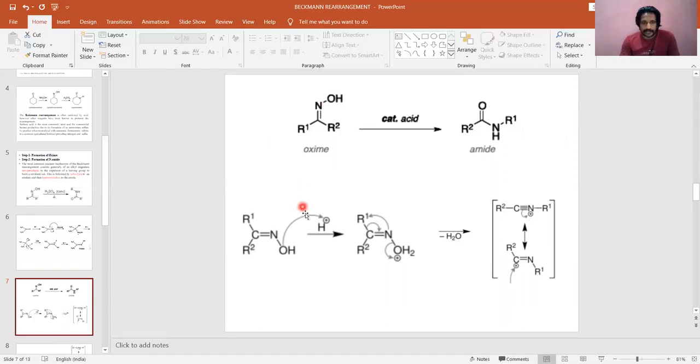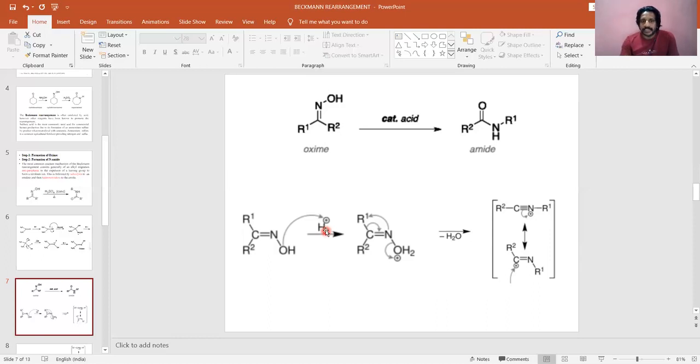So here we start with our second stage of Beckmann rearrangement, and the rearrangement happens here only. So this is the oxime which we got from the first step, R1, C, R2, double bond NOH, to which, as I already said, acid catalyzed conversion of ketoxime to the corresponding amide. So acid would be used. What are the different types of acids that can be used? HCl, H2SO4, PCl5, POCl3, SOCl2, polyphosphoric acid. These are the different options.